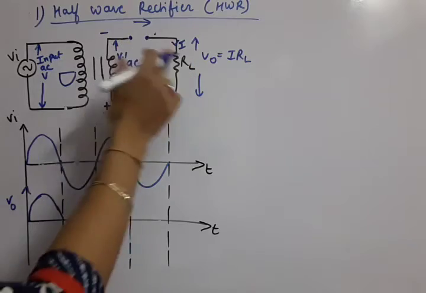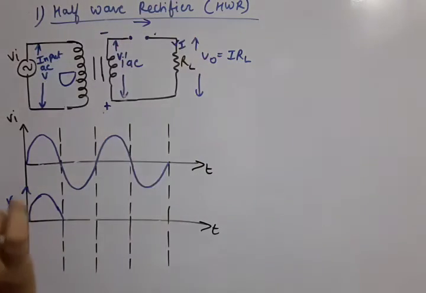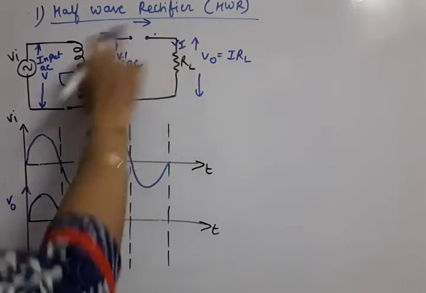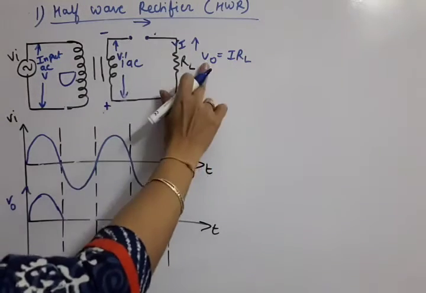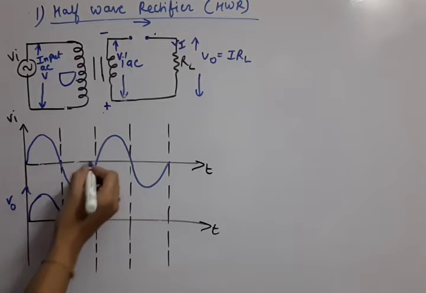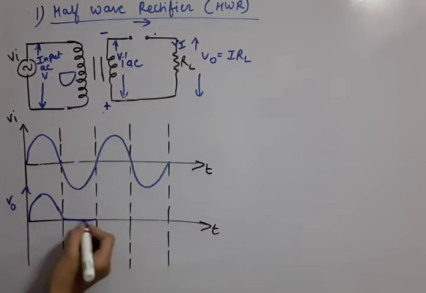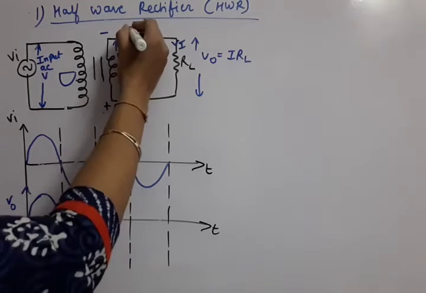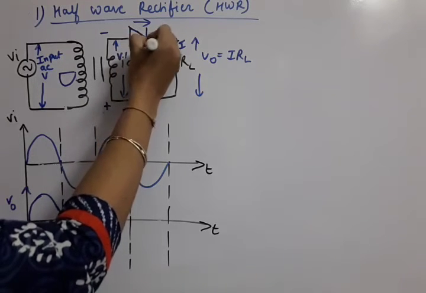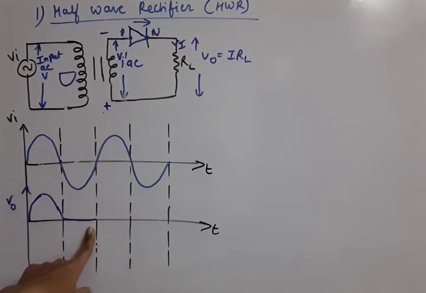So how will current flow? So current is zero. That means voltage output is also zero. You can see current is zero. Now, if no current, that means no voltage output. So till the time the negative pulse is going on, output voltage will remain zero like this. Okay, so we will not get any pulse in the output voltage. Now this happened during the reverse biasing.